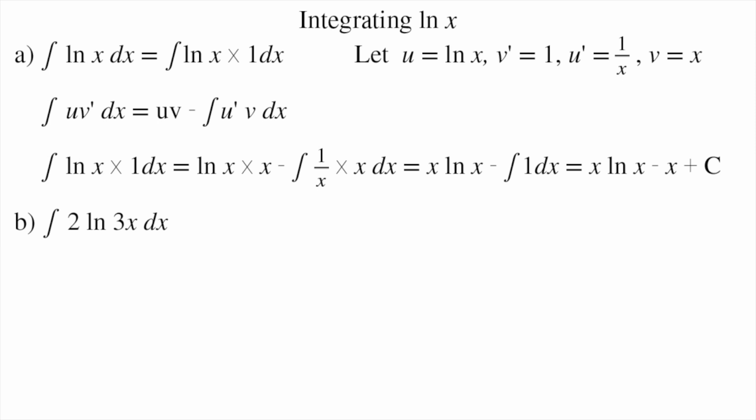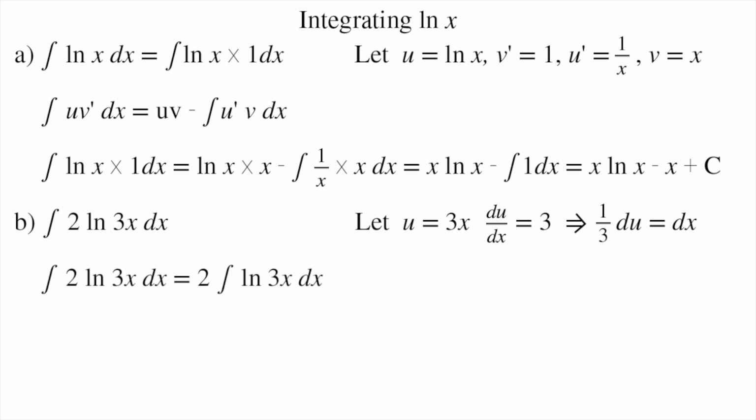Well, the first thing we have to do is make a substitution. So we'll let u equal 3x in this example. Then, du by dx is equal to 3, which implies that 1/3 times du is equal to dx. That's multiplying both sides by dx and dividing both sides by 3. So we can rewrite our original integral like this.